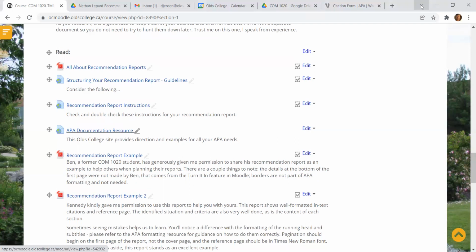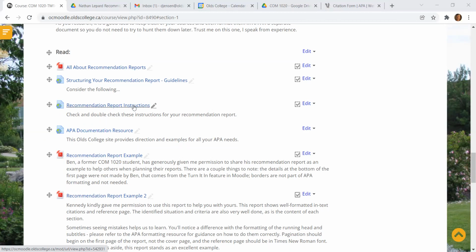One other thing about the instructions that I wanted to be clear on. Your paper needs to be between 1,000 and 1,500 words. If you're a little bit over, like 100 or 200, or a little bit under by 100 or 200, that's fine. But when it gets beyond that, then you're getting beyond the scope of the instructions. It needs to be double spaced. You need to have margins of 1 inch on either side. It needs to be a professional context, like you can have charts, tables, images, as long as they're relevant,